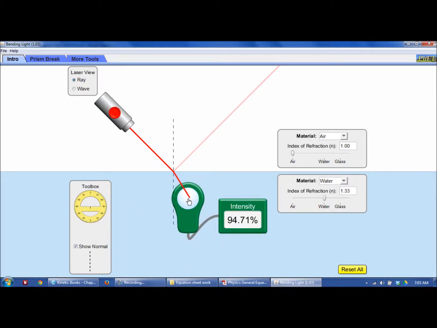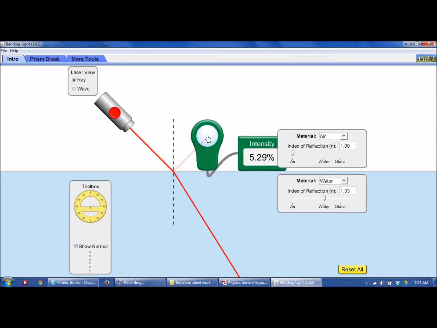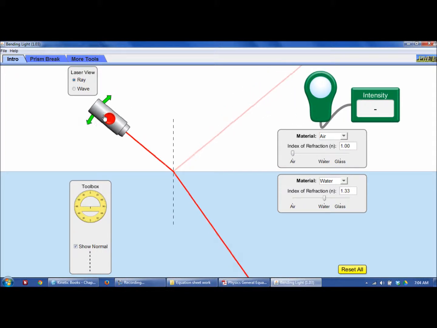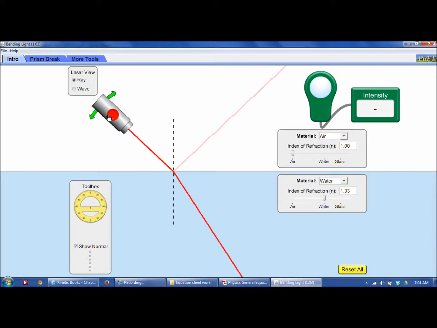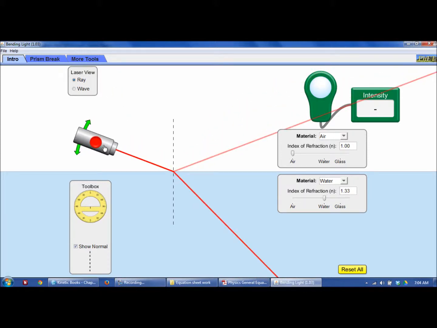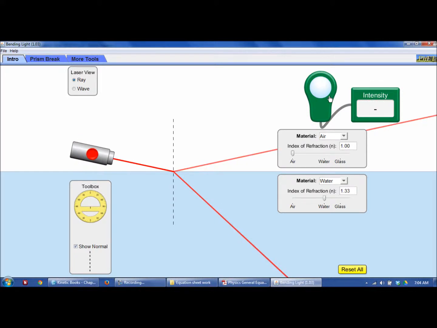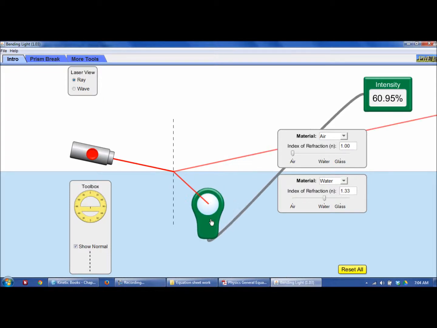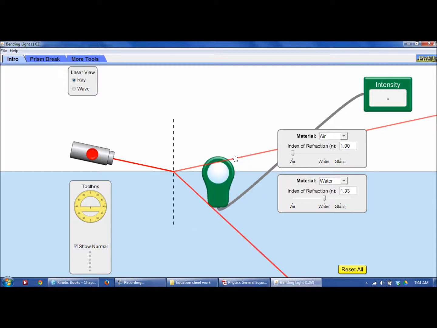If I bring out my intensity meter, almost 95% of it is refracting, and that leaves just over 5% to reflect. If I change my angle here, notice that my angle of reflection always equals my angle of incidence, but my angle of refraction is different. And now I bring in my intensity meter,